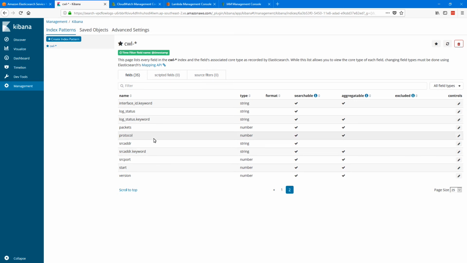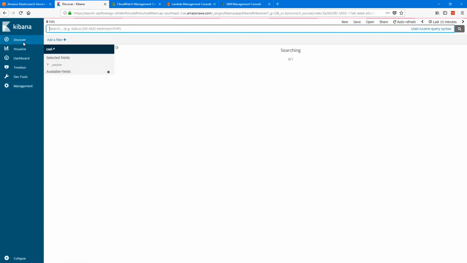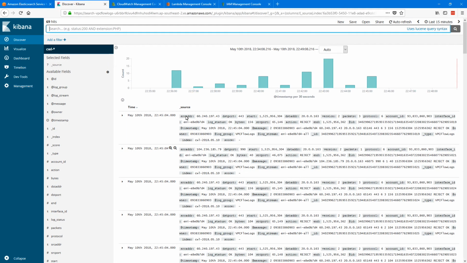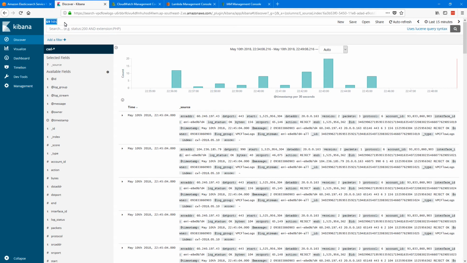So we'll use these fields to create visualizations and dashboards. So let's go to the discover section again to check our data. As you can see, we have our data populated already, and we have around 69 hits. So for this demo, this number is too low, but for production workloads, this number will be in hundreds of